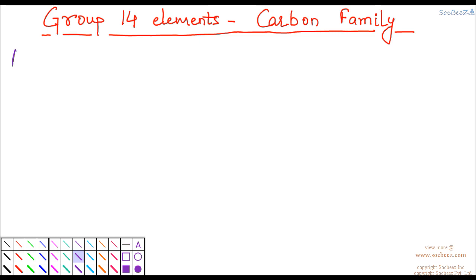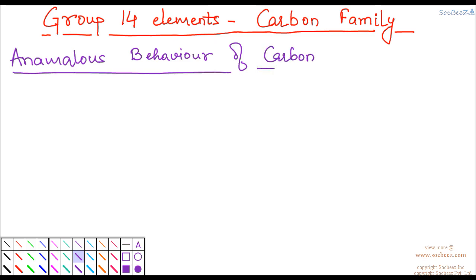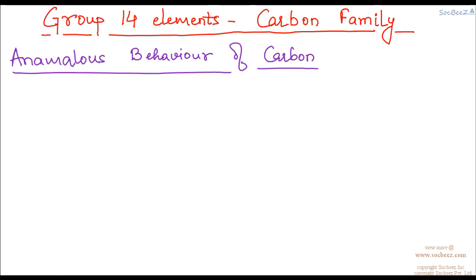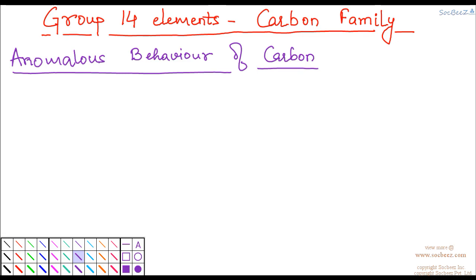In fact, the properties of carbon are so unique that we have an entire branch of chemistry, organic chemistry, just on the compounds of carbon. So we will see what the reason is for the formation of such a large number of carbon compounds. So the topic is anomalous behavior of carbon. So the reason for this behavior of carbon, carbon behaves